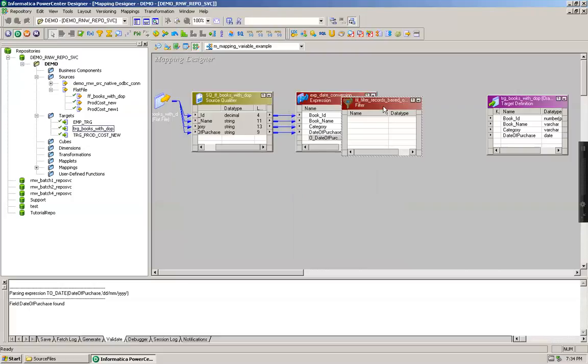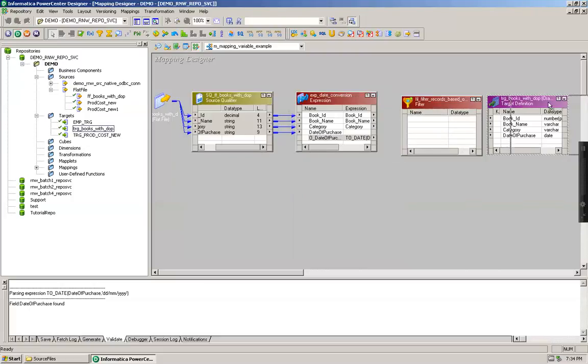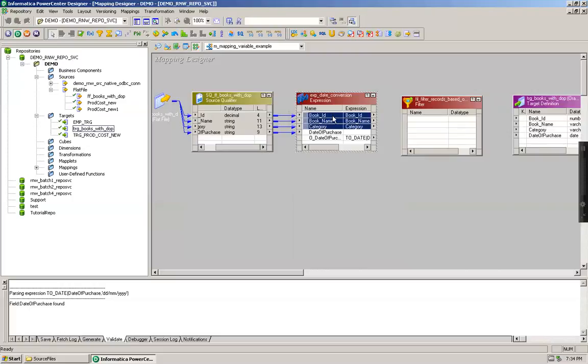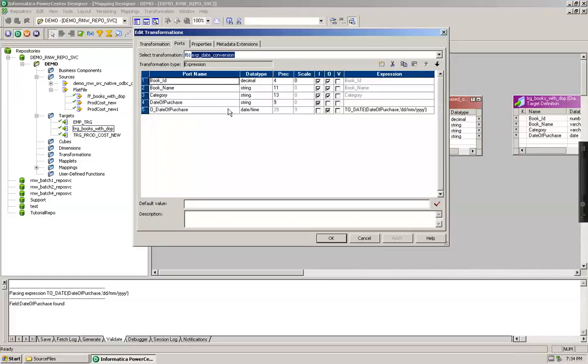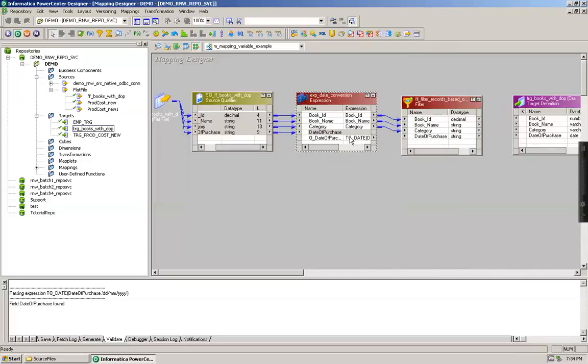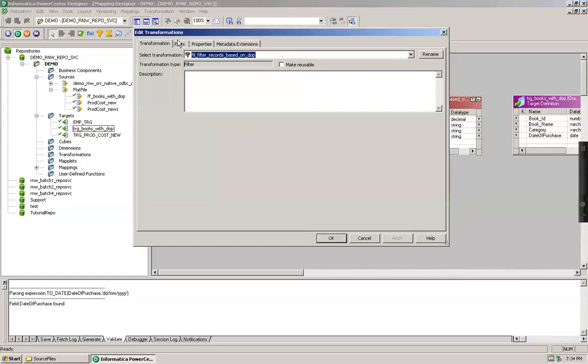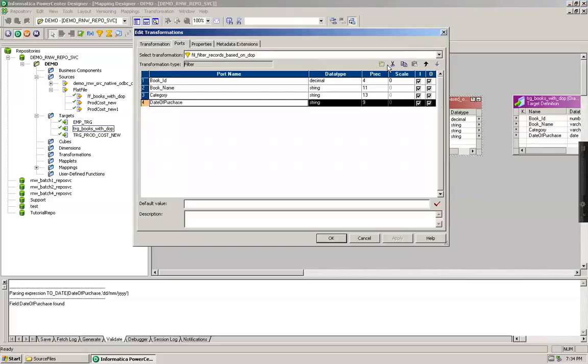As the input ports to this, I'm going to pass the initial three parameters. I have already marked this as non-output parameter, so this cannot be moved here. That's why this particular port doesn't get a link created to this. So let me get rid of this date of purchase for now.